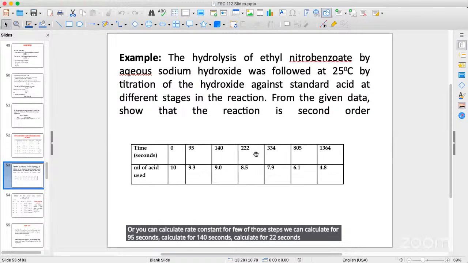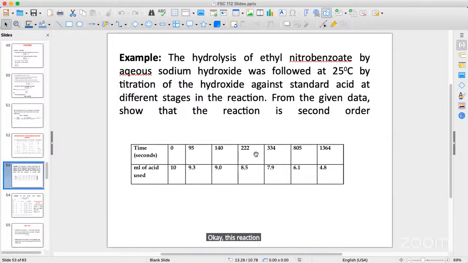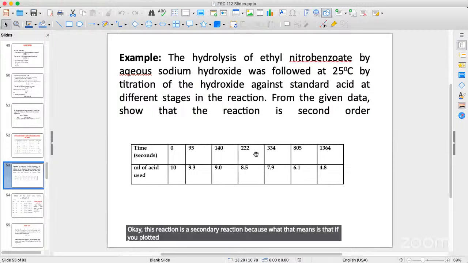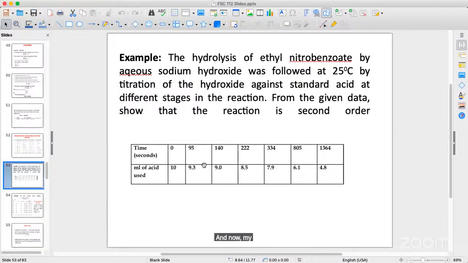If you have rate constants that are approximately the same, that is telling you that this reaction is a second order reaction. Because what that means is that if you plotted it, you would still get a straight line. And now, my explanation of this was that